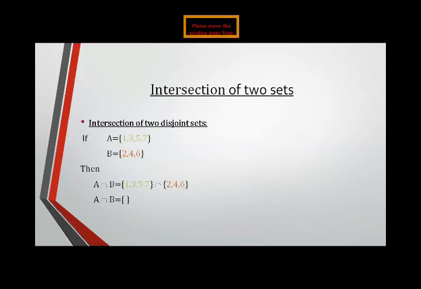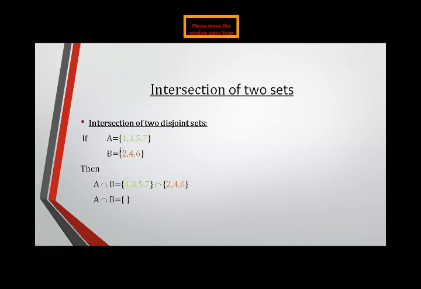Now, as previously we discussed, there are disjoint sets. If we have two disjoint sets, then how do we find the intersection between them? Here I repeat again, what are disjoint sets? Students, listen to me carefully, please. Two sets are called disjoint sets if they have no common member. So, as you can see, students, these two sets are disjoint sets.